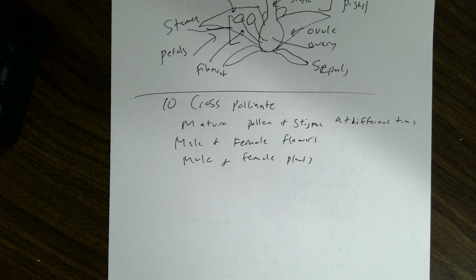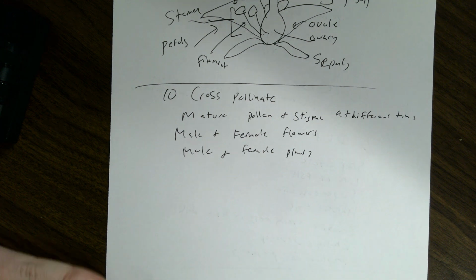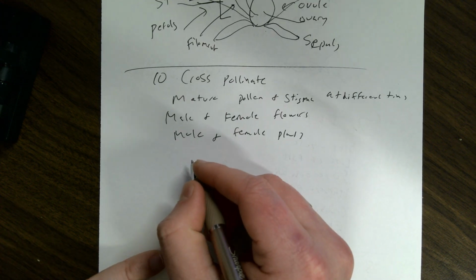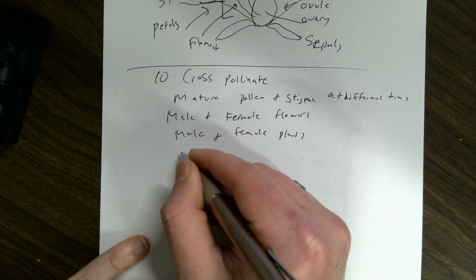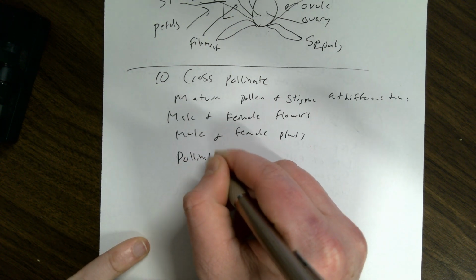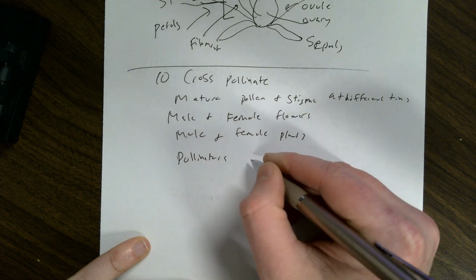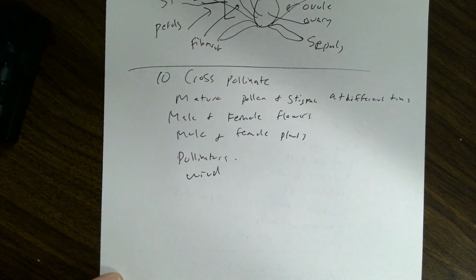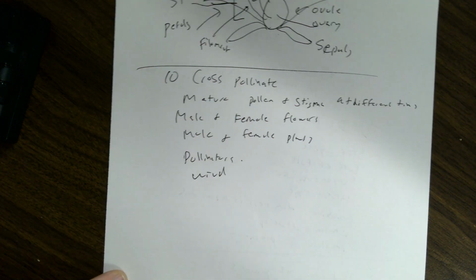So in addition to the plant adaptations, you can also have pollinators. And so these are like animal specific. That'll help with cross pollination. So use the wind to increase the